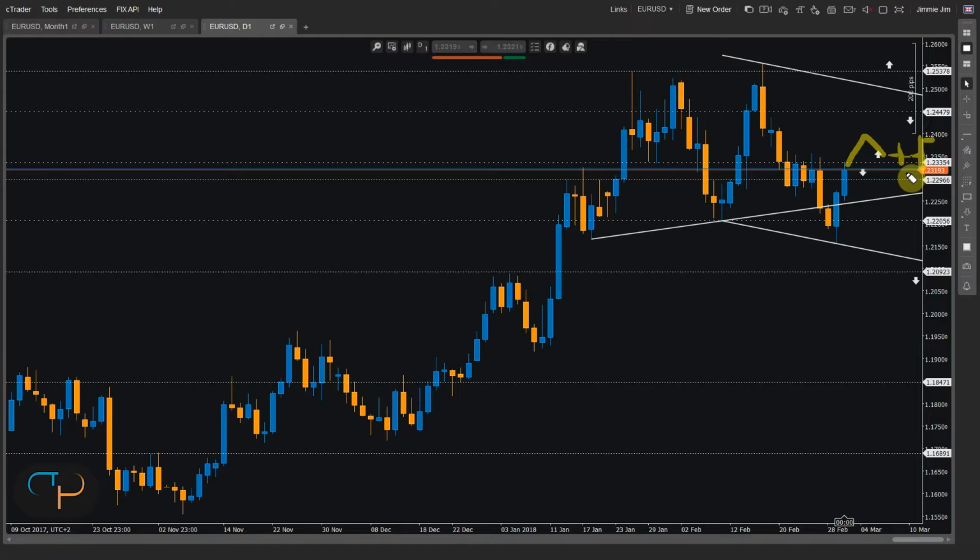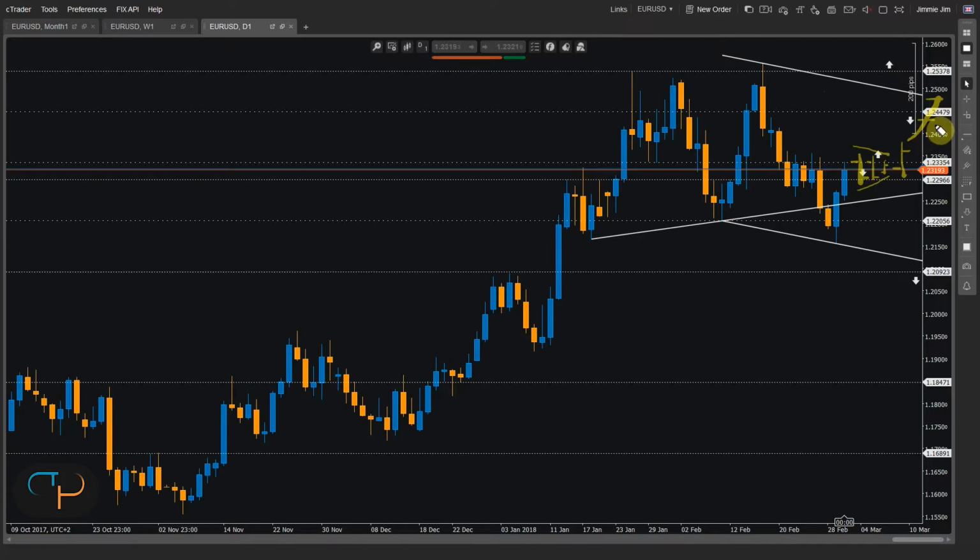The second scenario is the one in which price prints a flag like so, or maybe a pennant like so, and the actual confirmation, the actual buying opportunity occurs if price manages to close a candle above the 1.2335 level, and the profit target for such price action would be around